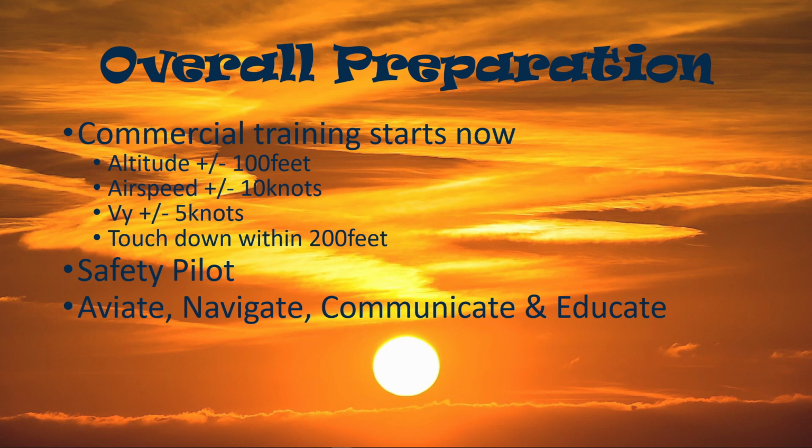Educate, educate, and educate yourself. Find a way to make flying easier. Improve your setup in the plane, the way you take notes. Find acronyms to write instructions. And the most important, if you are flying cross-country, go through the steps you would take if you had an